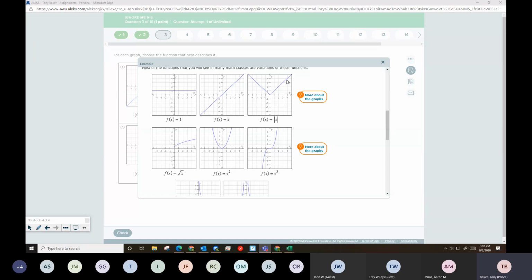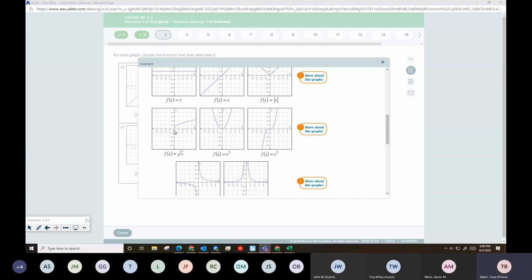Absolute value looks like a V, and it comes to a point. So absolute value and parabolas will look very similar, except that the absolute value is straight lines coming to a point, and the parabola is a constant curve. Square roots, you can't have negative square roots. So a square root is actually going to start at a point and go up from there. And it's almost going to make kind of like the exponential type curve, but